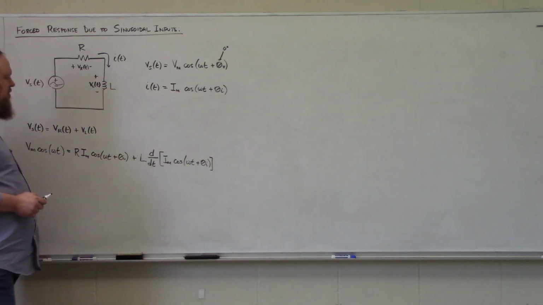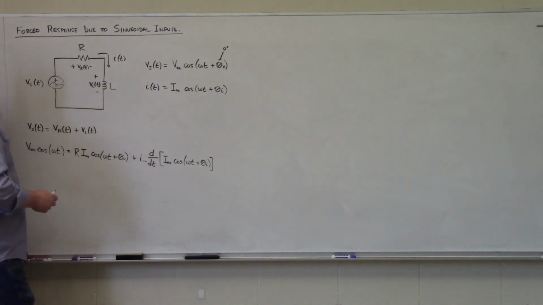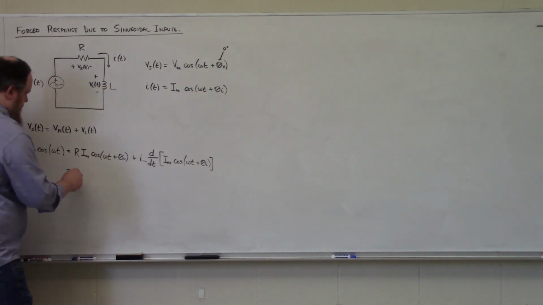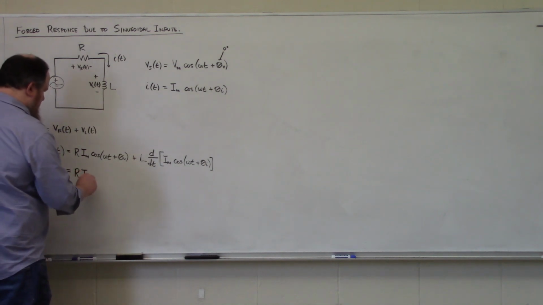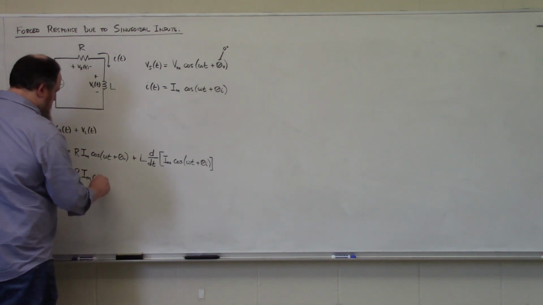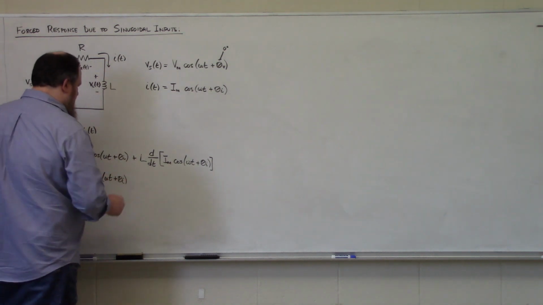If we perform the indicated derivative, then what we're going to get is R Im cosine omega t plus theta I